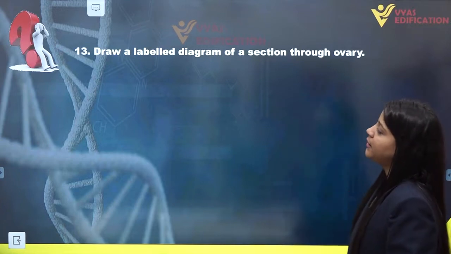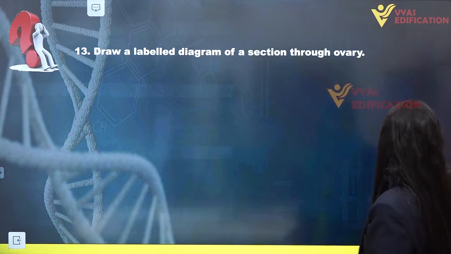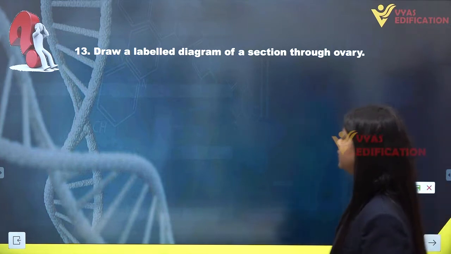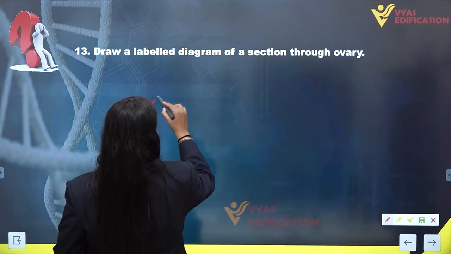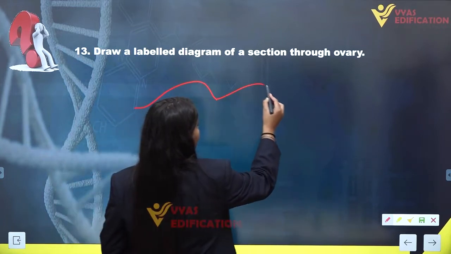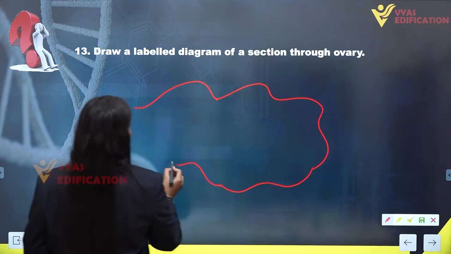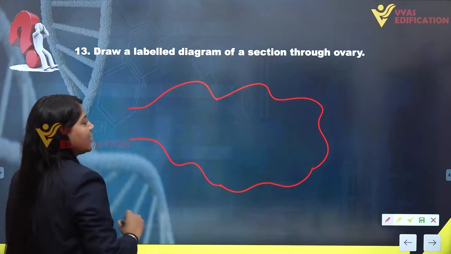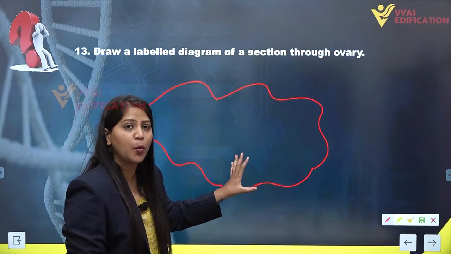Next, question number 13. Draw a labeled diagram of a section through ovary. Now let's make a diagram of ovary here. Here we have ovary. As we know, inside the ovary, this whole space is known as stroma, and